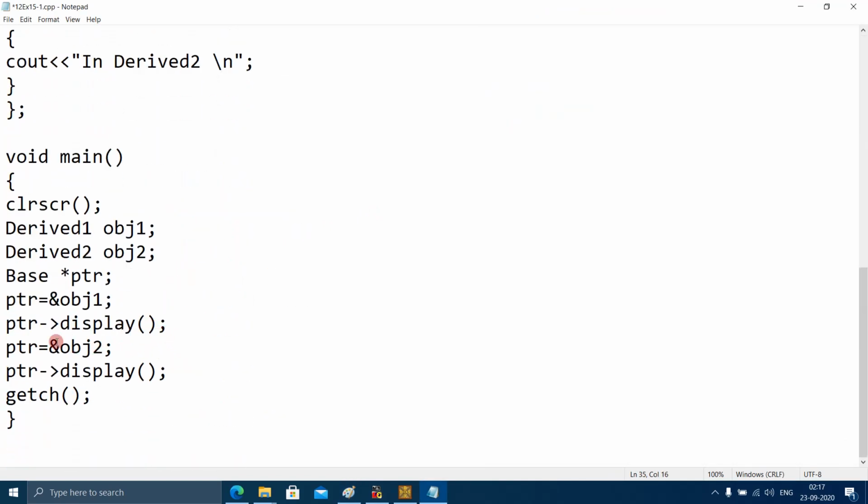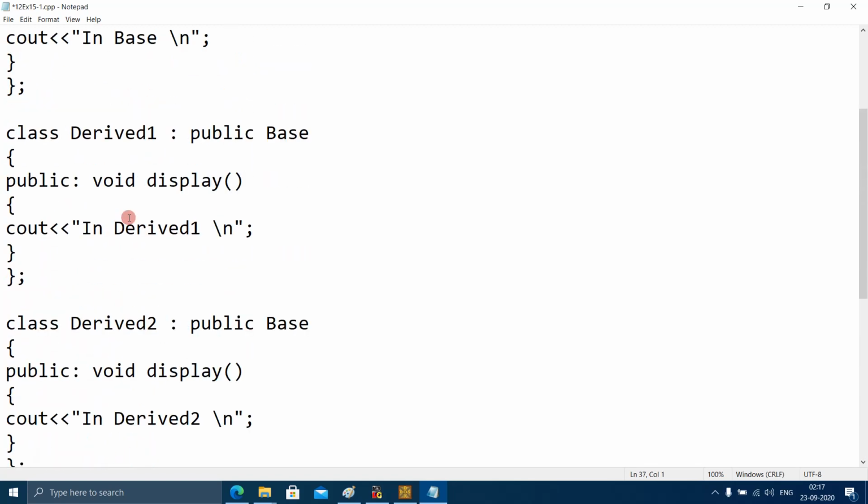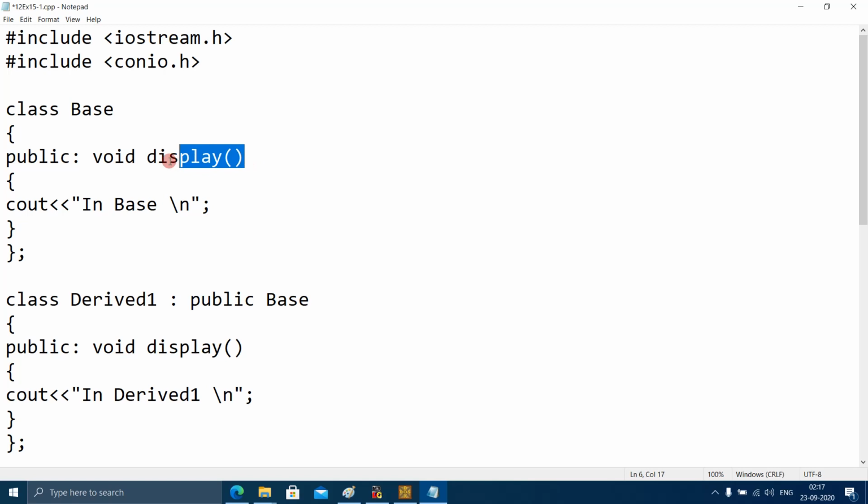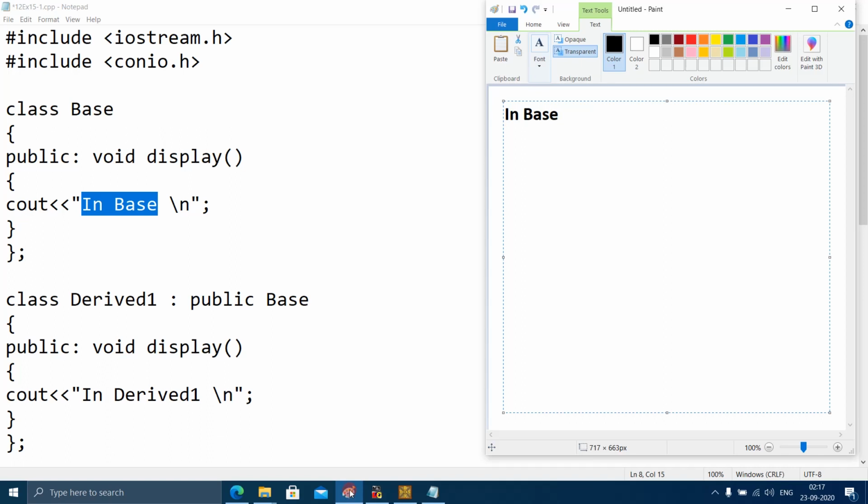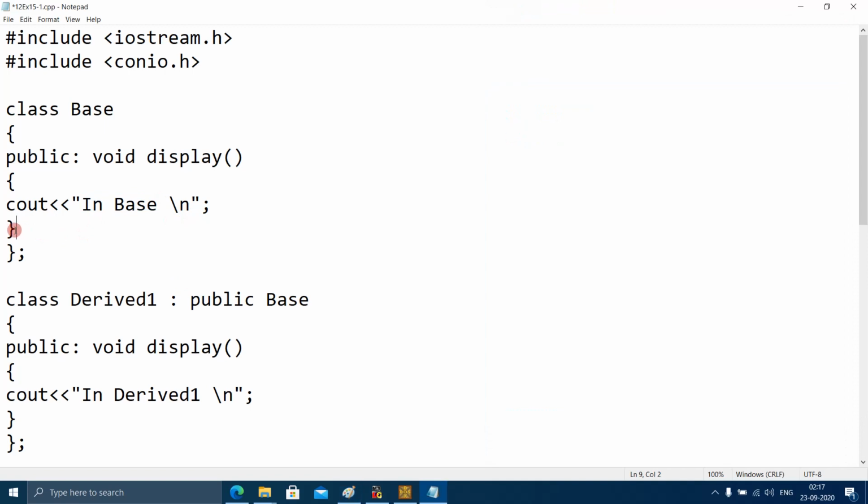Then after this the same pointer is pointing to the obj2. This pointer is pointing to the address of obj2, which is an object of derived2. And then the next statement is calling the display function. So it should call the display function of derived2, but instead it is calling the display function of base class. What is there in the display function of the base class? It is going to print in base. And \n means that next line should be in a new line, and this display function is closed here,